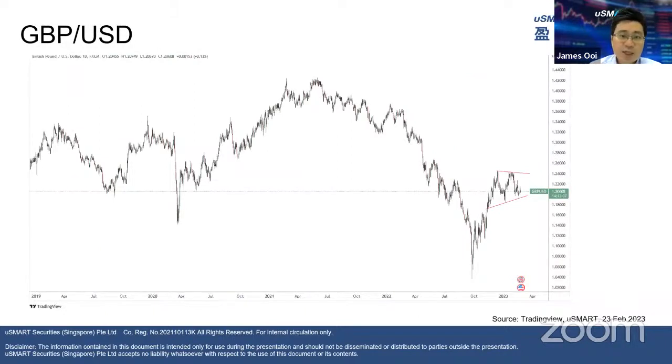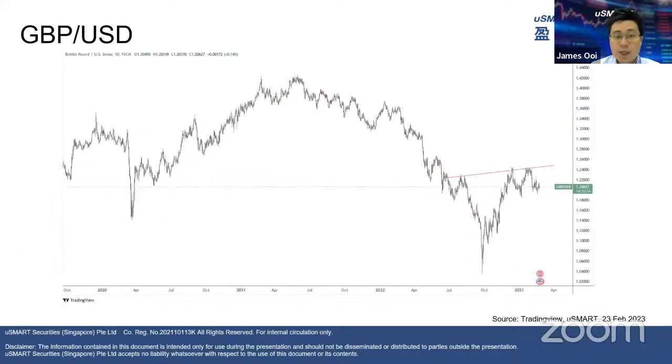And next, let's look at the British pound against the US dollar. At first glance, I would say that there is no obvious trading opportunity here. It basically looks like it may form a flat formation. So this is why everyone is probably waiting for a breakout in terms of the wedge pattern. But